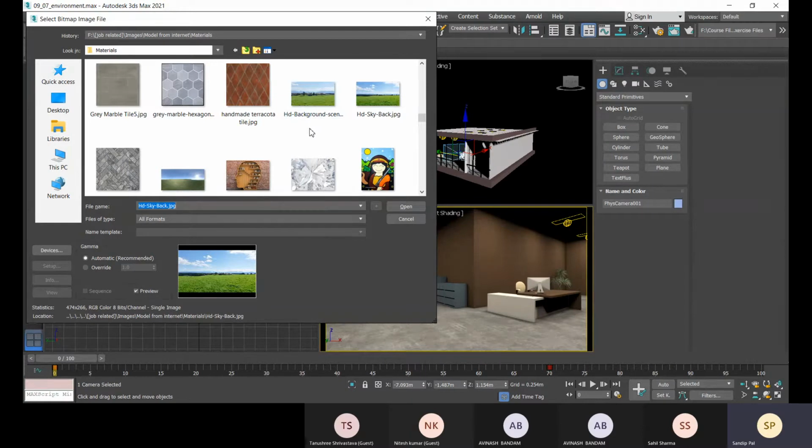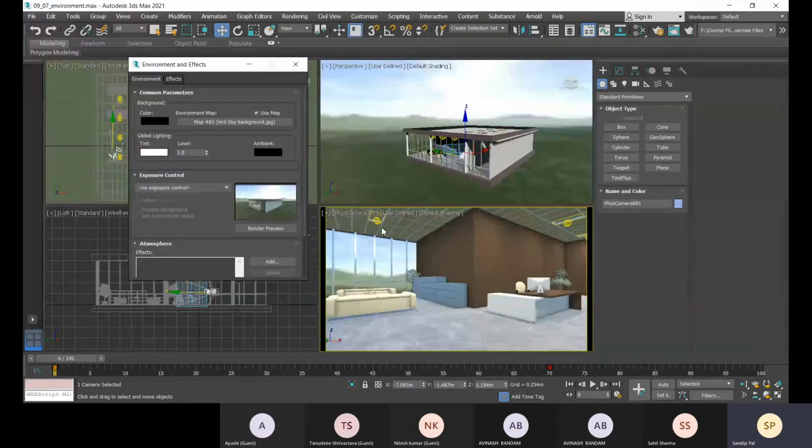What it does is create one panorama view with this background. So I can choose this one. According to this background I will get some lights and illuminance in my project, and I will select this and click on open, and here I'm getting this.